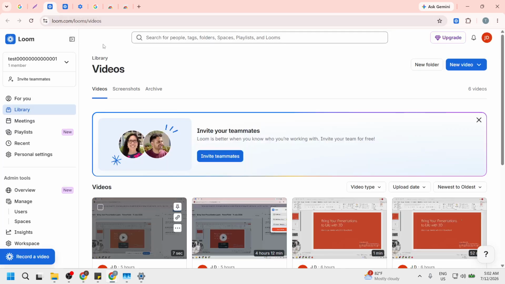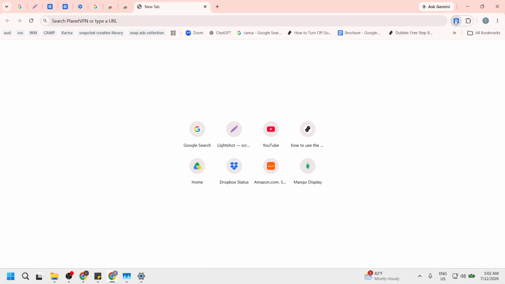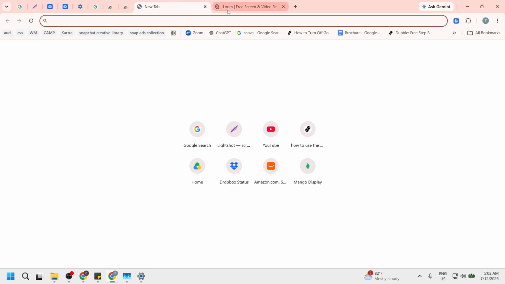At this point, pay attention to a critical note. Loom cannot record blank pages. If you attempt to click the Loom extension icon while on a blank Google Chrome new tab page or a restricted settings page, the extension may freeze or fail to load. To avoid this, always open a normal public website first, such as Google or a news site, before clicking the Loom icon.